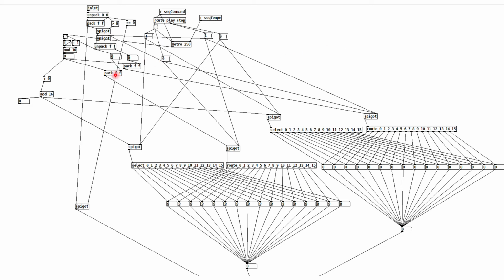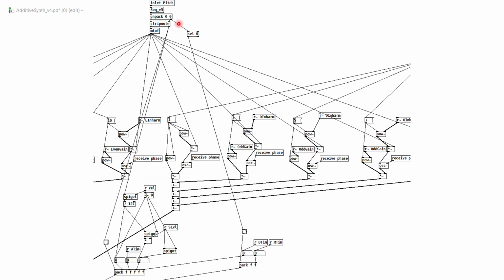So the logic here is a little messy, I guess, complicated. But one of the things I'm doing off the bat is the note release information that you're going to get is, for anyone who doesn't know, you'll get the note number again, or the key number, and you'll just get a velocity of 0, and that's essentially your note off information. So I'm actually using that out here to set the release part of the